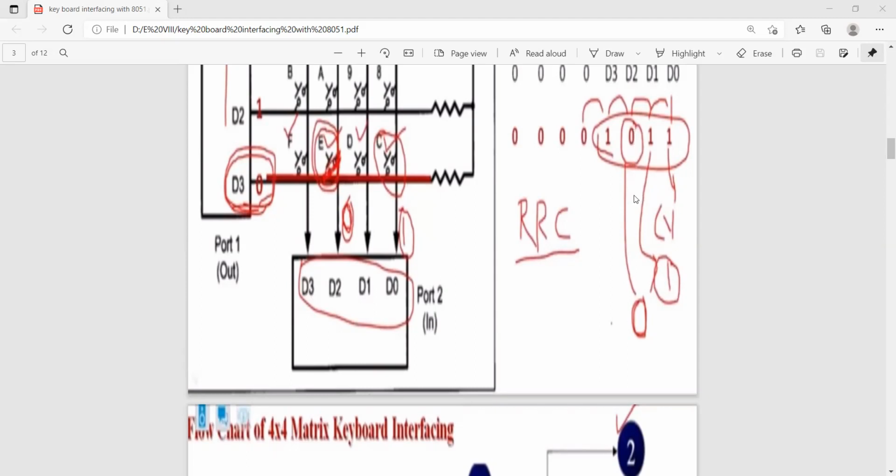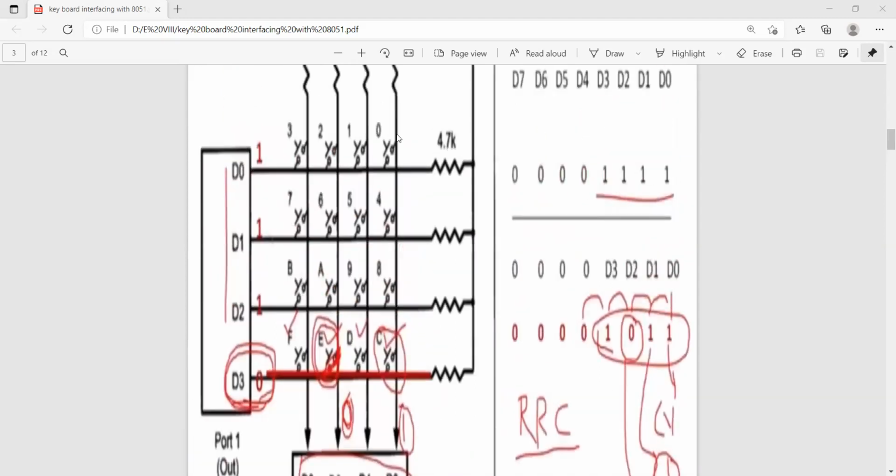So for the key pressed in the third column, what are the things there? In the first column it is 0, 4, 8, and so on. Second column, third column, fourth column. Similarly rows also. If it is row 1, what are the keys? 0, 1, 2, 3. These are the values there.